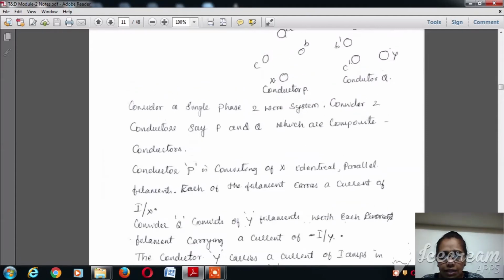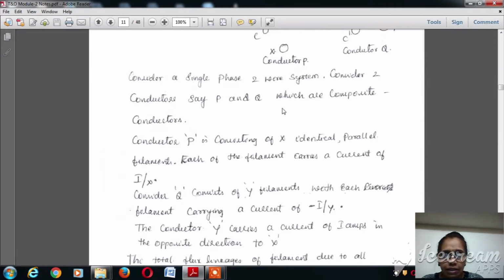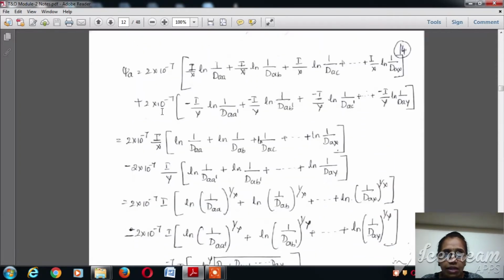The conductors here are A, B, C up to X in the conductor P. First we consider conductor P, next we consider the other conductor. So for conductor P, we can write I divided by X into ln 1 over dAA plus I divided by X into ln 1 over dAB plus I divided by X into ln 1 over dAC up to I divided by X into ln 1 over dAX